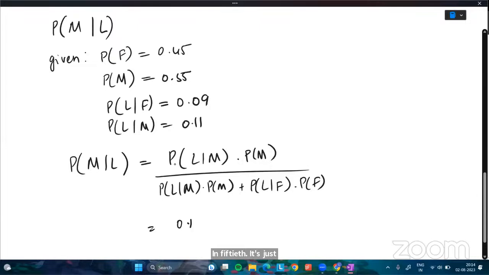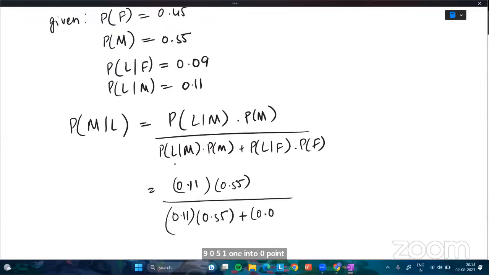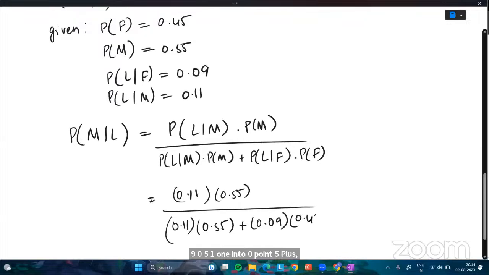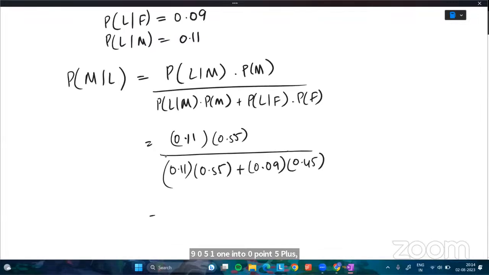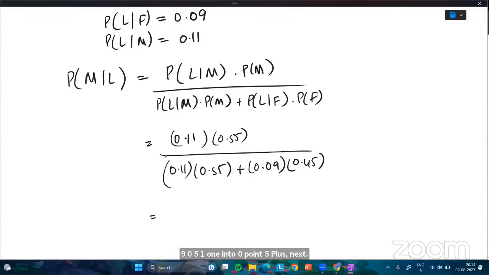Probability of L given M is 0.11, probability of M is 0.55, and then 0.11 into 0.55 plus probability of L given F is 0.09, probability of F is 0.45. So if we solve this, we'll get